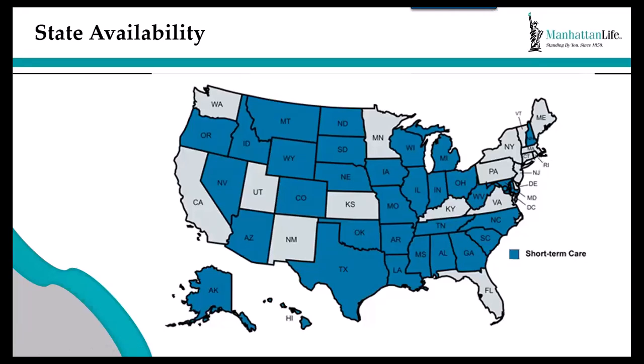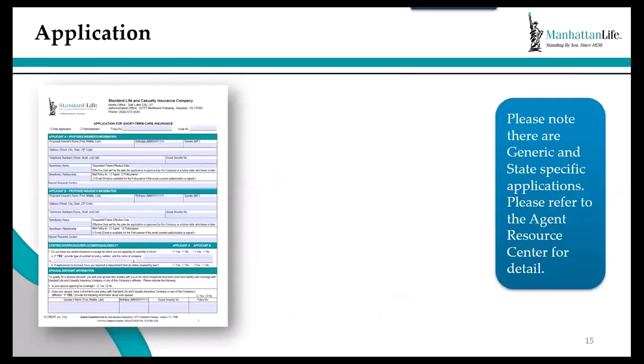And Tom is working very closely with the team at Manhattan to go back in and refile in some of the states that we took a run at initially, Kentucky, Pennsylvania. Some states we know we're not going to have any chance, and that's New York, California, Washington, Florida. But Utah, PA, Kentucky, Virginia, and Delaware are ones that come to mind, additional states where we're trying to adjust the plan design to satisfy that particular state. But when it's all said and done, we'll probably be just shy of 40 states